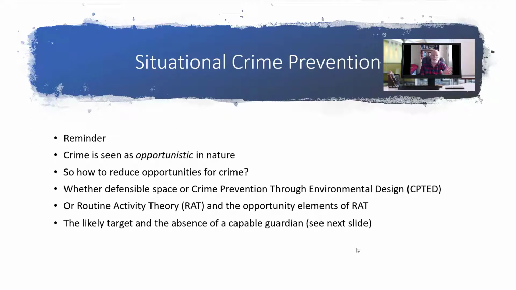One of the things I keep banging on about in this module is the absence of a capable guardian. Traditionally it might have been seen as a police officer or a parent or a supervisor, a person or a set of people. One of the things I've said in terms of cybercrime, online crime, is that it might be the lack of a system. There may be things built into a system which are supposed to act as a capable guardian. The other lack of a capable guardian is a structural thing, again something I've mentioned,